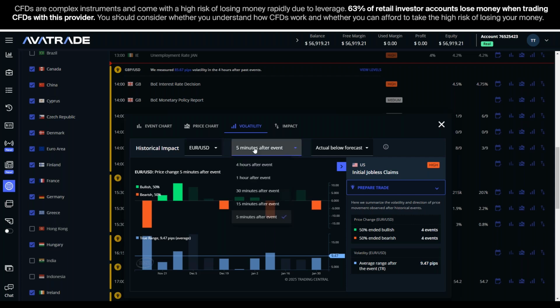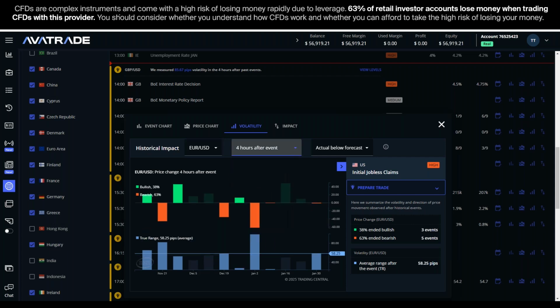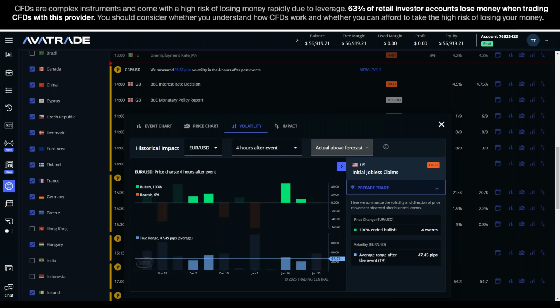Okay, and you end up with more downward movement than up after 4 hours. It went down more often and the movements were bigger down than up in general. Obviously you don't win every time. 1/3 of the time it went up, but 2/3 of the time it went down approximately. The USD strengthened when they had good news with lower jobless claims than expected. And you see the flip result if this came in above expectation, the opposite movement expected. That's what has happened in the past.